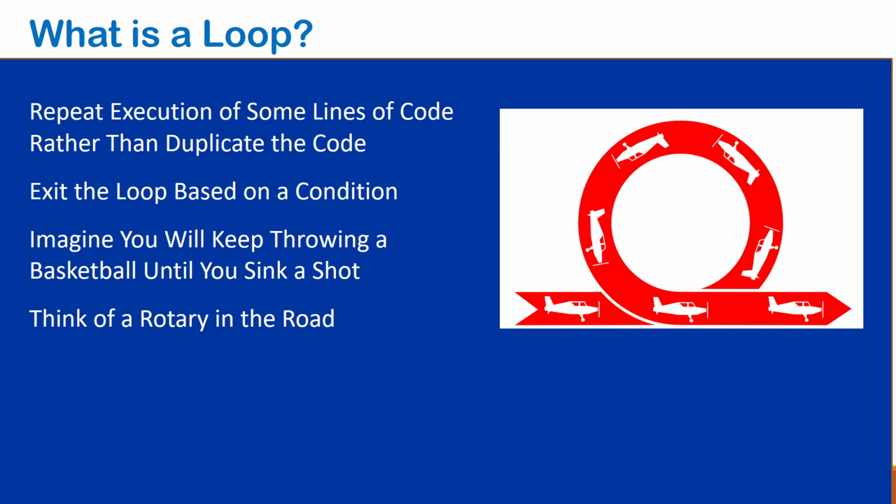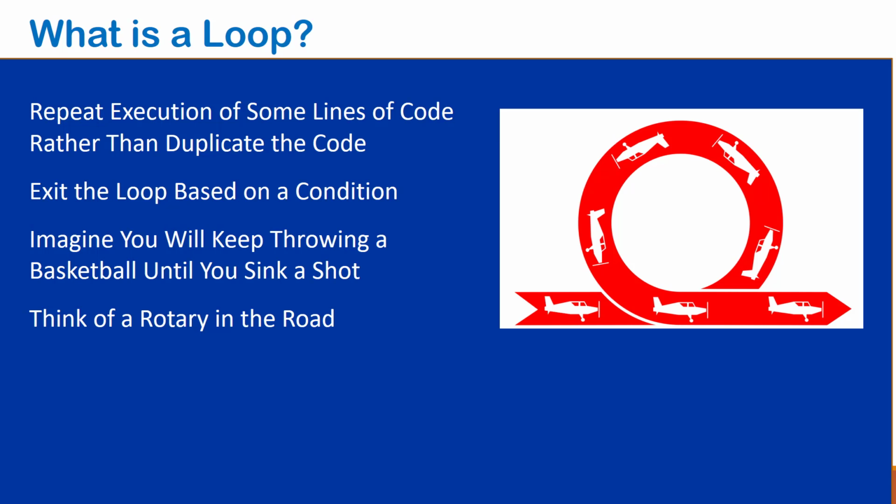So it's reuse of code at its most basic level. Now usually we exit the loop based on some conditions, so we may want to do it 5 times. So once we've completed 5 iterations, we want to exit the loop. It could be when we reach a condition like the end of a file or whatever it is. So various types of conditions can result in the ending of a loop,